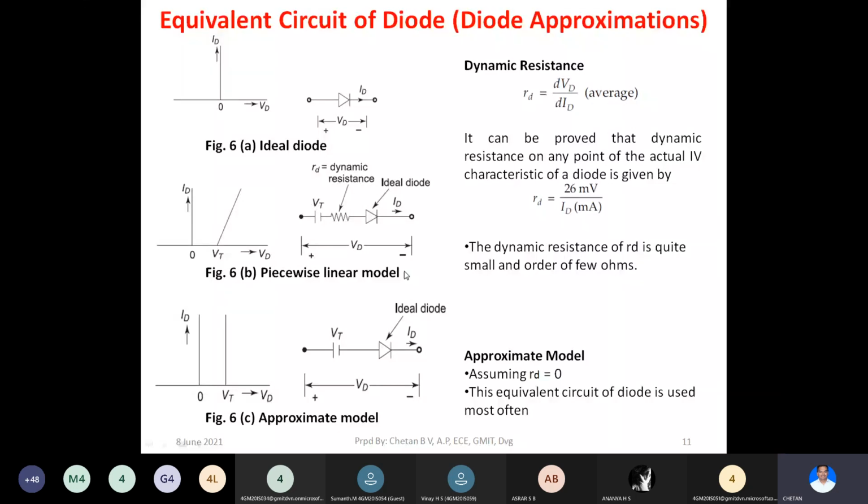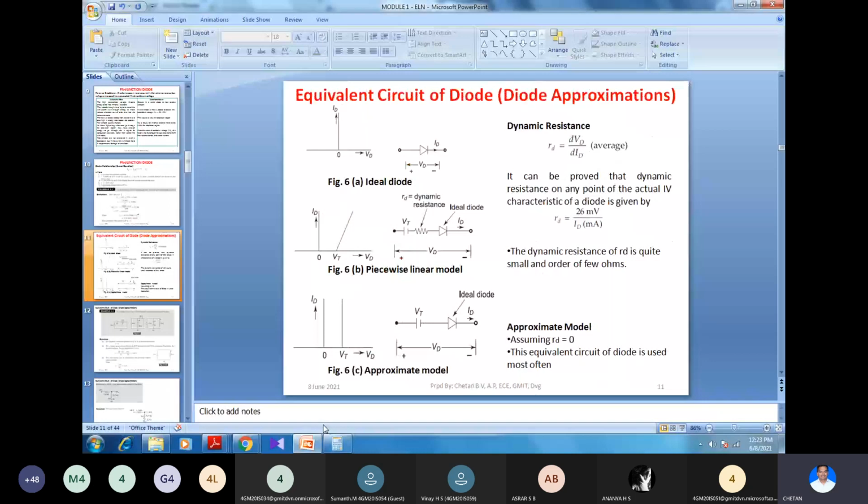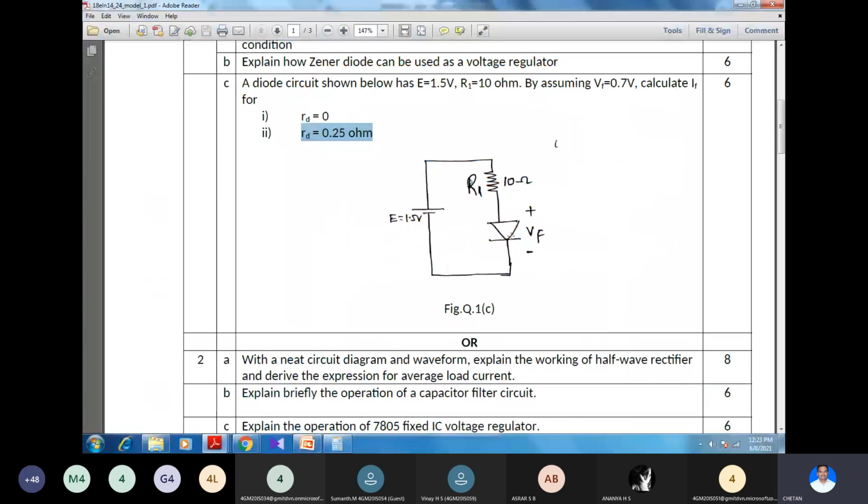So using this, what we have for our problem is one more resistance and a battery. There is a resistance and battery connected in series. The value of resistance is 0.25. Therefore, we have to add up both resistances as they are in series to find out the effective resistance. Effective resistance would be 10 plus 0.25, 10.25. That is the effective resistance. The effective voltage you already know by applying KVL: 1.5 minus 0.7, which is 0.8, right?